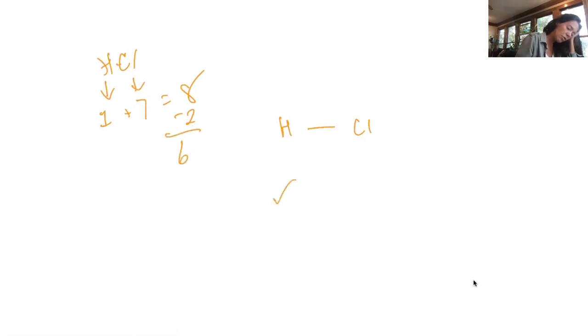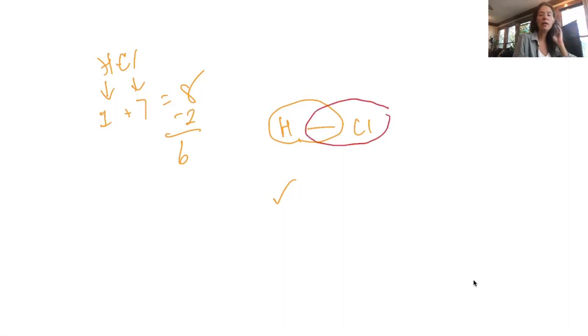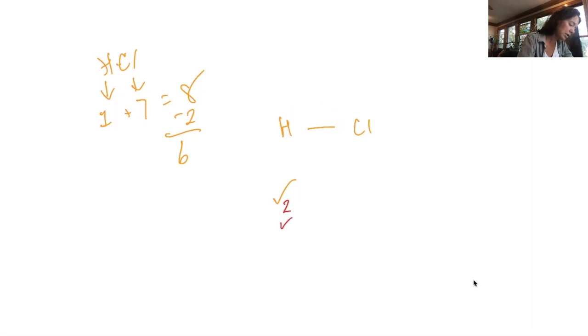Well, hydrogen's happy with his 2, right? Because what you need to realize is these electrons really belong to hydrogen. Those electrons also belong to the chlorine, not chloride, because it's not an ion, and they're sharing them. They both lay claim to those 2 electrons. So right now, hydrogen has 2, and that's perfect. Hydrogen always gets 2. That's it. Nothing more, nothing less. So that means I need to place my focus on making sure chlorine is satisfied, and